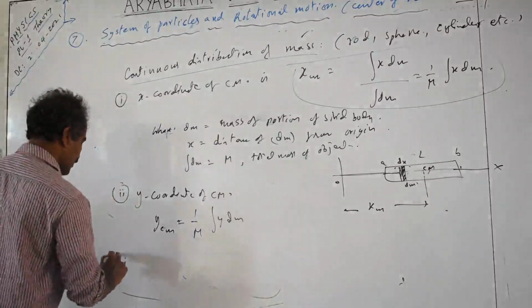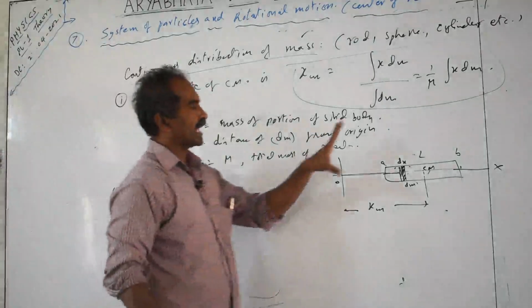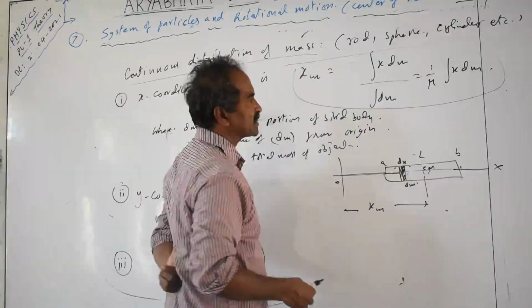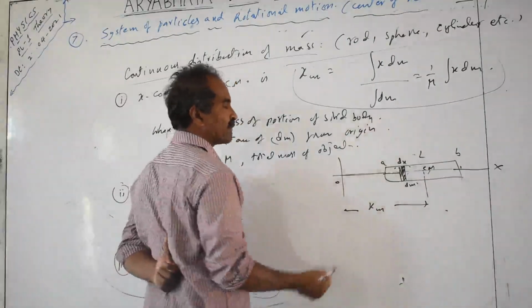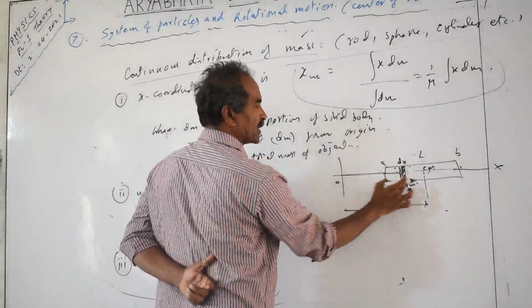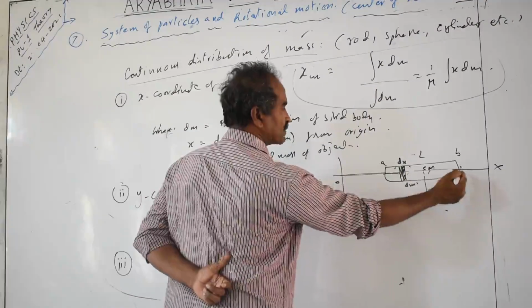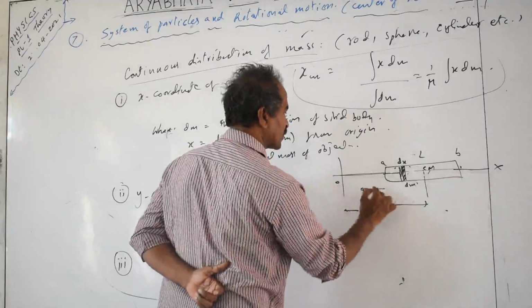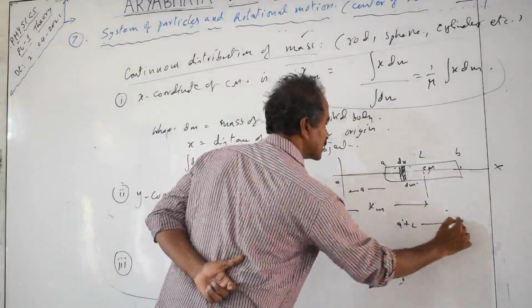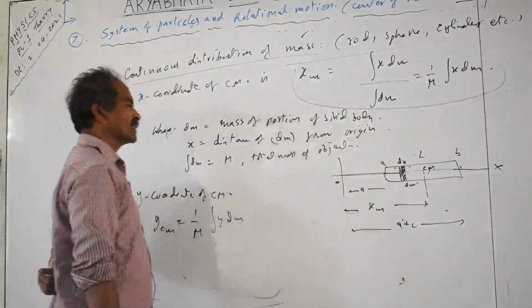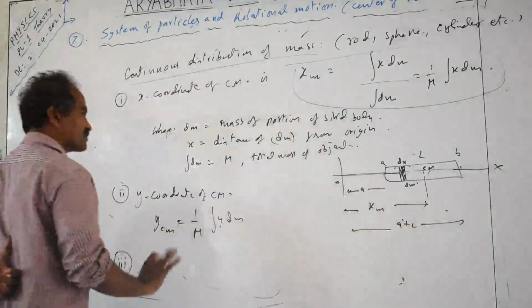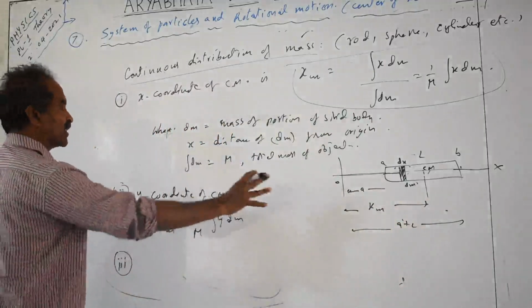Similarly for the z coordinate. This rod example I gave only along the x-axis, but you can take any axis, or the object can be anywhere in the xyz coordinate system, in a 3-dimensional coordinate system also. But the integration limits we have to take from this length a to the length L plus b. From here the distance is a, and the total distance is a plus L up to point b. The limits are taken from the starting value to the highest value while integrating, but don't bother about it. For theory they don't ask you.